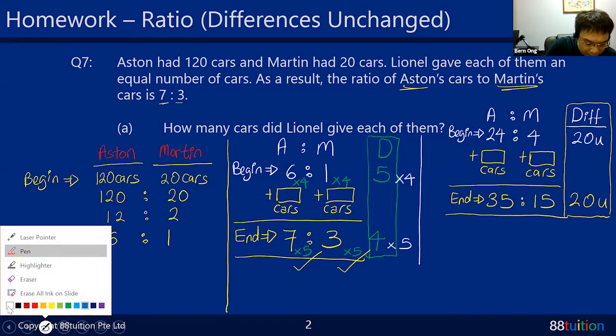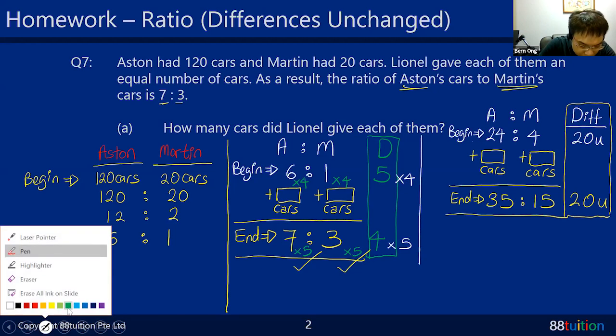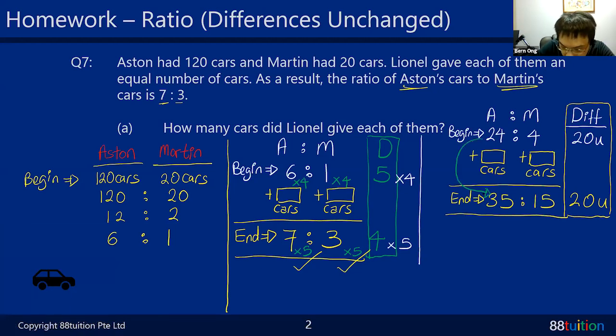Okay, so down here, what's happening? I have to take a look at what's the clue given to me. In the beginning, got 24 units for Ashton. At the end, got 35. So from 24, how do you get to 35? There's an increase by 35 minus 24, which is 11. There's an increase of 11 units. Is that true? Let's try for Martin. Martin got 4 units in the beginning, but eventually it becomes 15. Wow, it also increased by 11 units. We are very fair now. The ratios are at a very fair level.